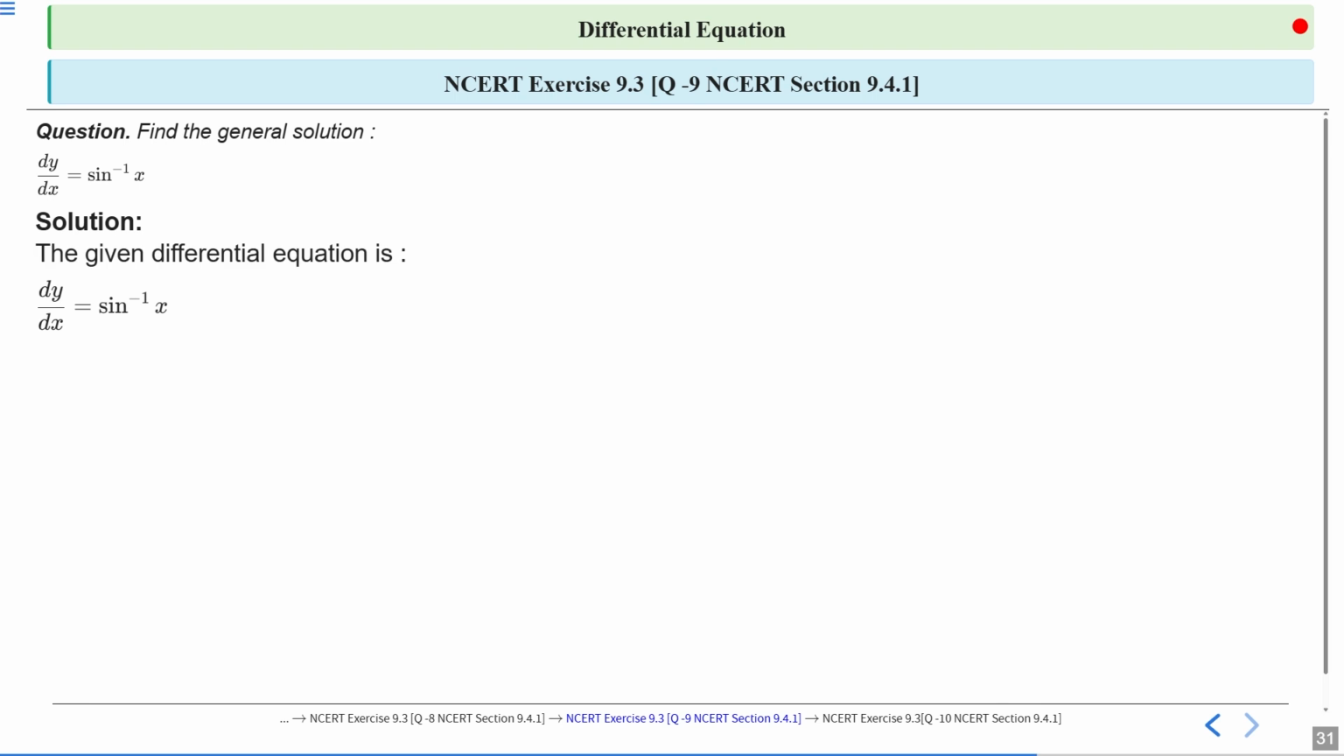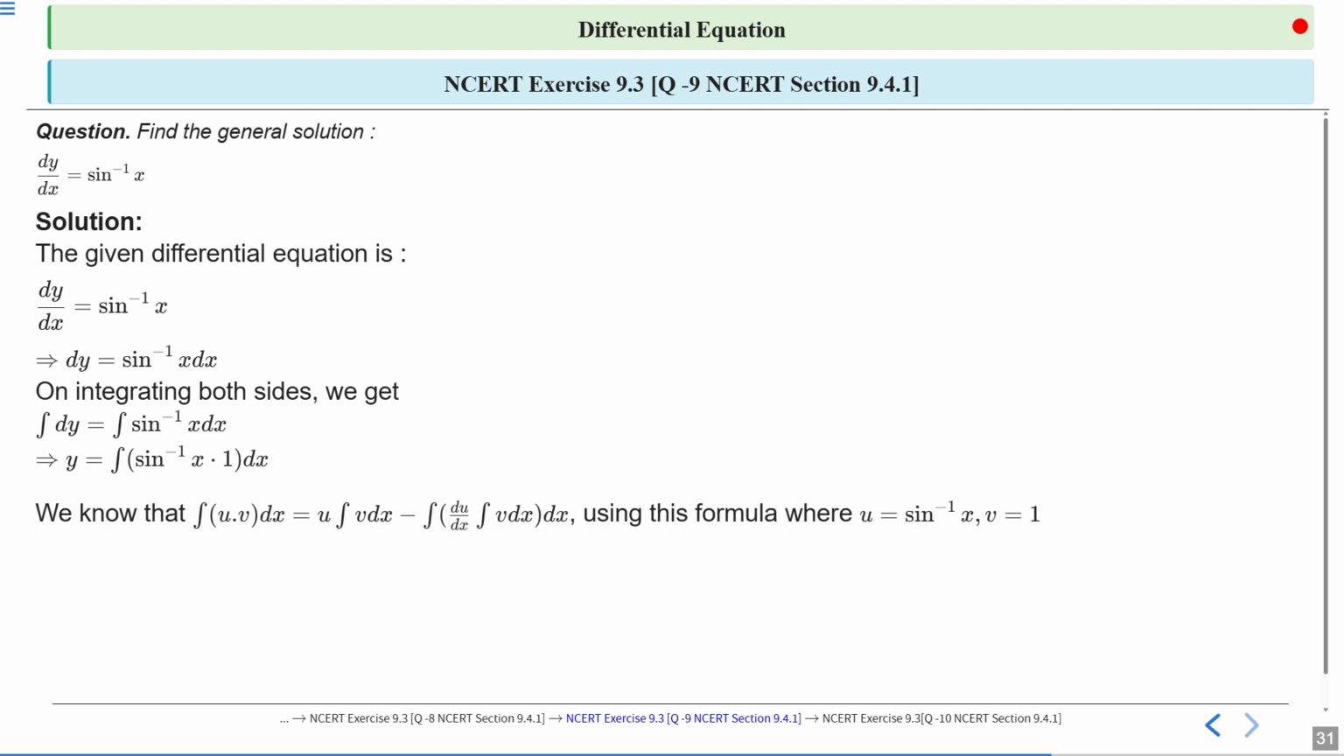The given differential equation is dy by dx is equal to sine inverse x. So when we separate the variables, we get dy is equal to sine inverse x dx. On integrating both sides, we get the integration of dy and the integration of sine inverse x dx. Now we have to find the integration of sine inverse x dx, and we already calculated the integral of sine inverse x in the chapter of integration by using the by parts method. So the integral of dy is y, and